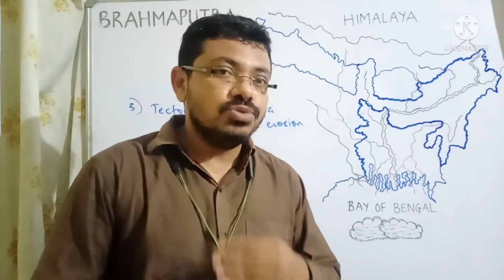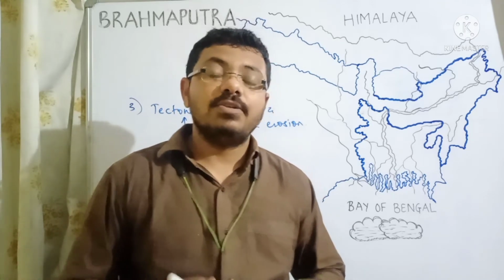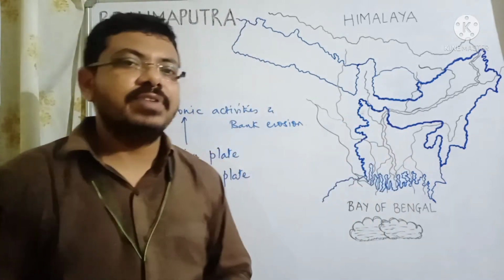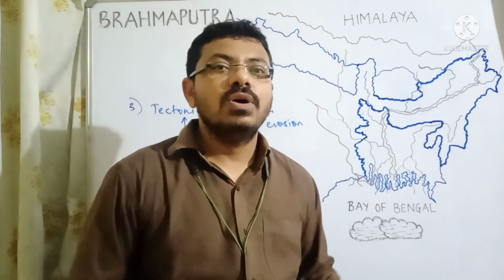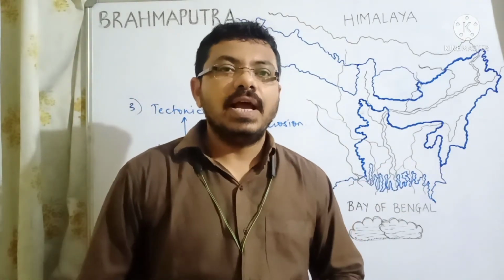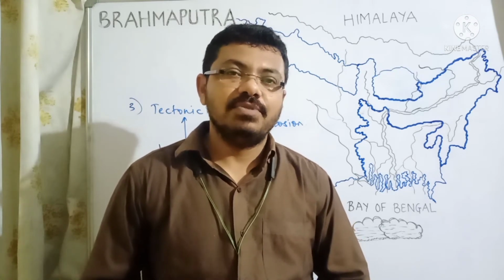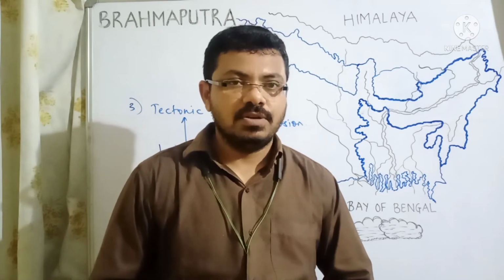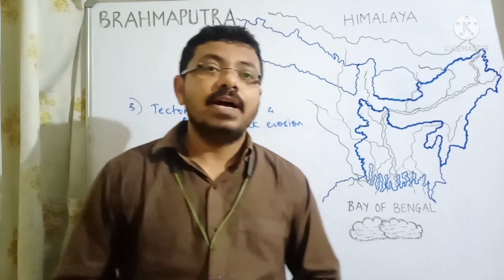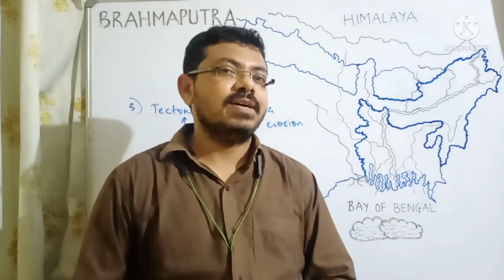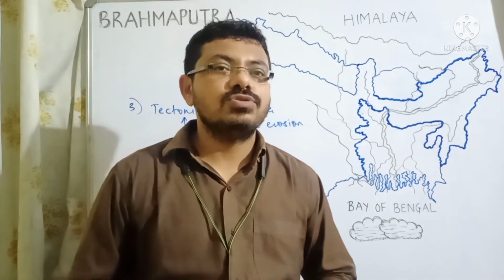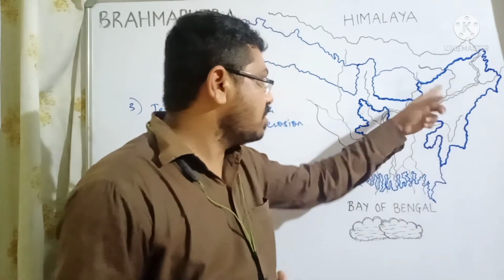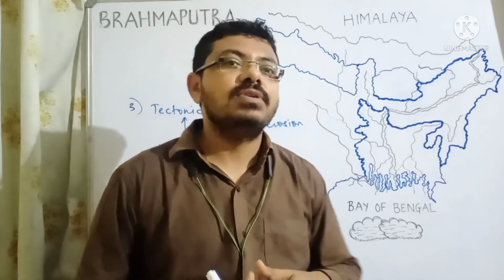Plus, due to the collision, in most of the ranges of the Himalayan mountain belt, the soil and rocks are very loose. So whenever it rains, those rocks and soil flow along with the water and are deposited in the river bed. So there are two things happening: erosion and deposition. As we have discussed in the second idea, when a lot of silt is deposited inside the river bed, the river becomes more shallow. So the Brahmaputra river is becoming shallow in the Assam region.